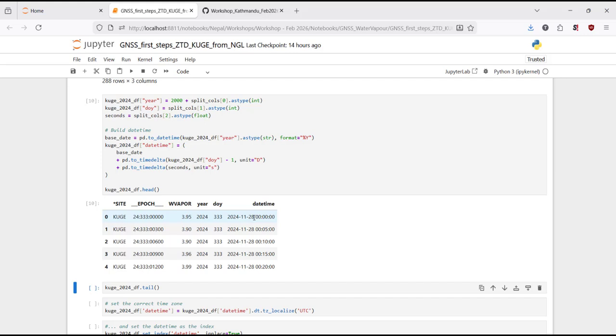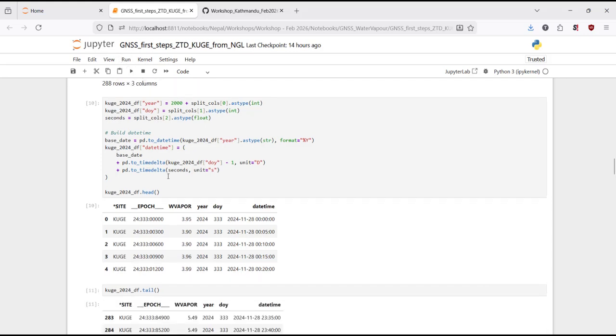So now you see that our data frame contains the first 3 columns that we had before, and now we have the new columns, year and day of the year, and the datetime format. And the datetime format is what we are mostly interested in. So this is the first 5 rows of the column, and if we show the last 5 rows of the column,